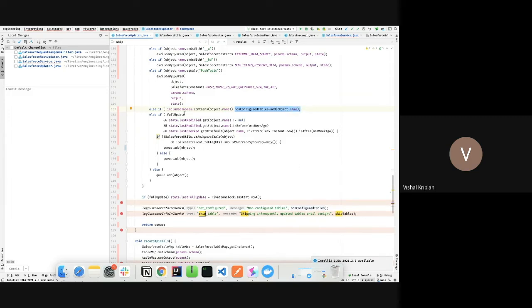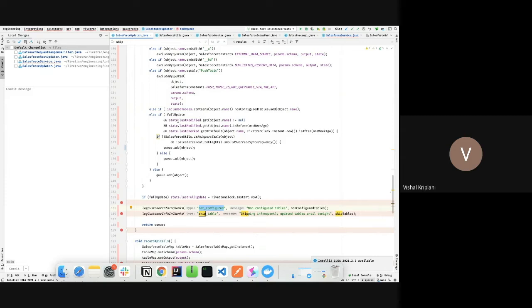We log all the tables that are not selected by the user. So when you do debugging, you have to search for this non_configured. This will give you all the tables that are not selected by the user, but are there in Salesforce.